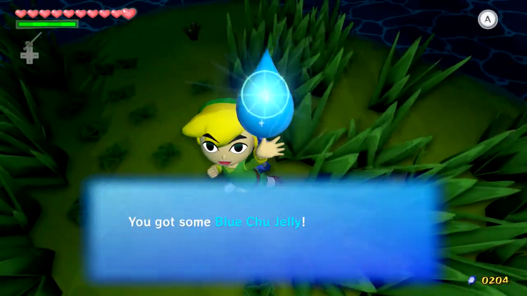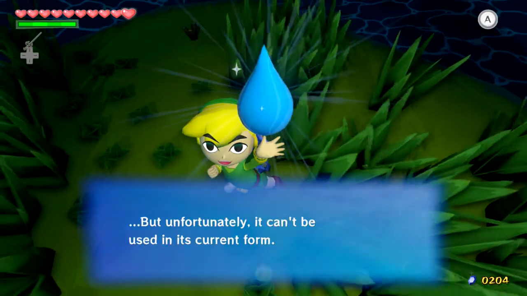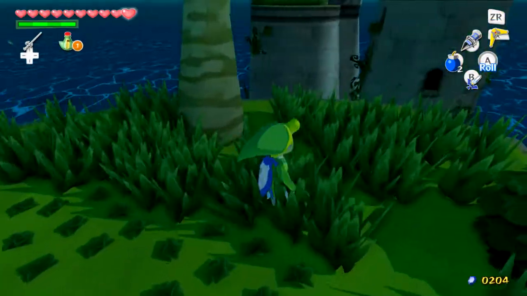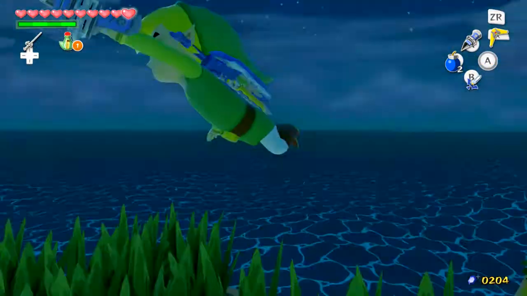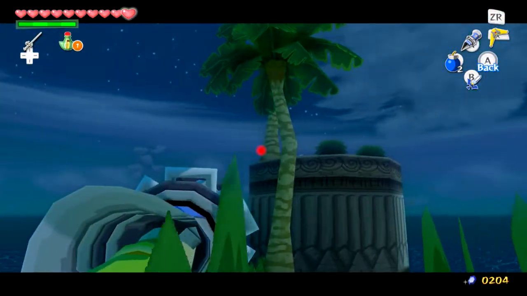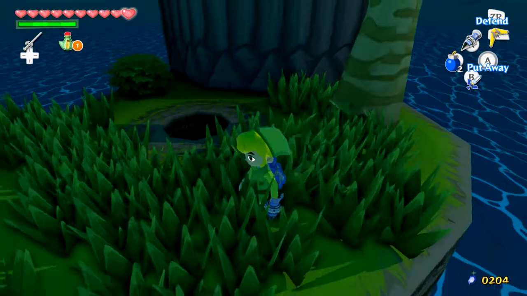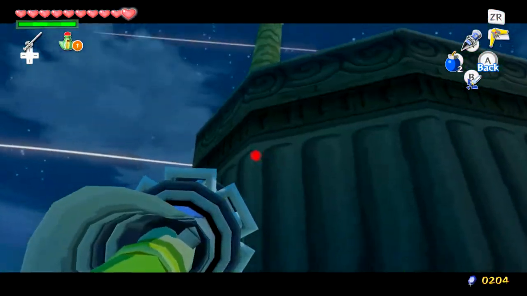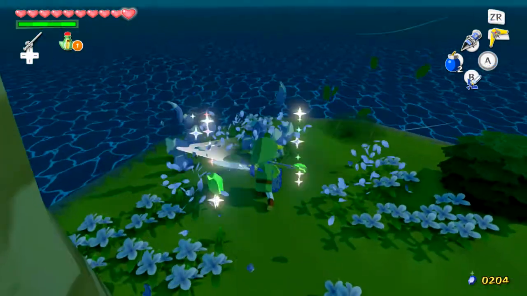My bad. I forgot that when you first grab the Chuchu jelly, you put it in your spoils bag. But then when you turn it into a potion, that's when you need to place it inside of a bottle. So why not just grab the Chuchu jelly anyway? Alright, so we're going to go ahead and keep using our hookshot. We couldn't access this area before entering the Wind Temple. Yeah, we got this at the Wind Temple, so...